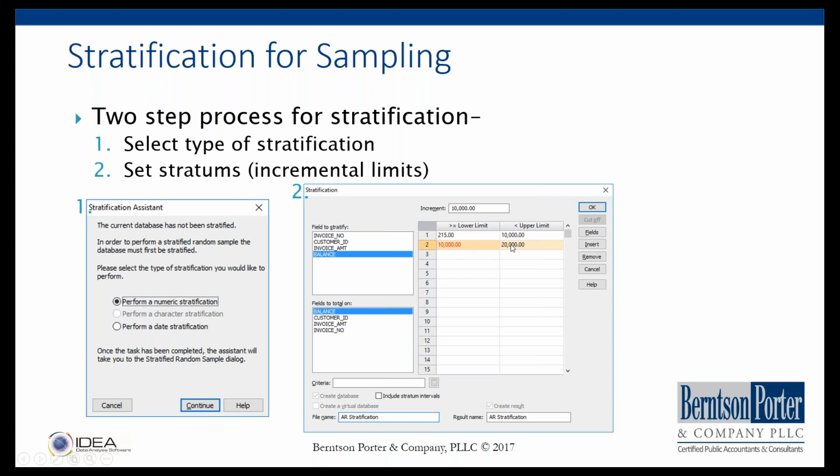And you can see here it automatically adds a line based on whatever increment you set at the top of this window. But you don't have to have multiple lines. If you just want it based on one cutoff point, you can have one line. IDEA will show you the upper and lower bounds of that, and we'll see that in the next tab. So once you click OK,